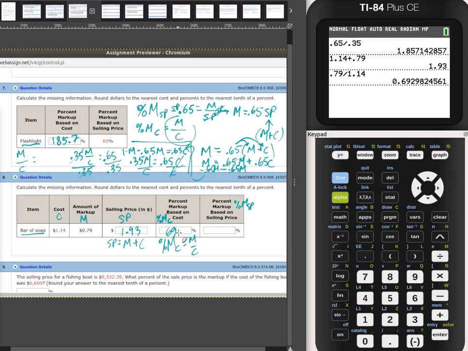And then last but not least, we need to find percent markup based on the selling price. And that one of course goes markup over selling price. So it will go markup is 0.79, divided by the selling price, which is $1.93. So that one is, as a percent though, 40. We need to put the decimal 2 places to the right, so it'll go between the 0 and the 9, 40.9%. All right, looks good. Let's pick up here for number